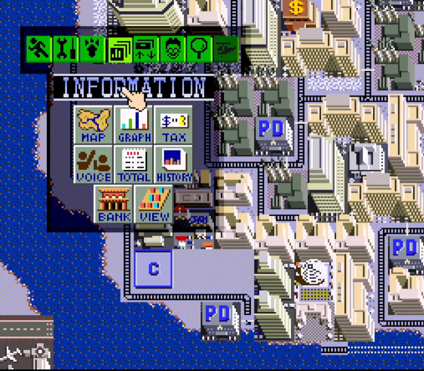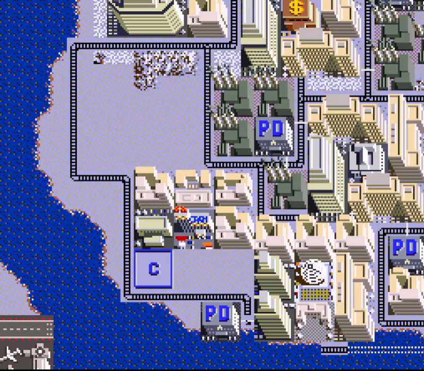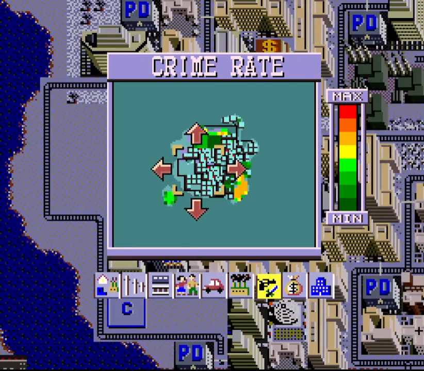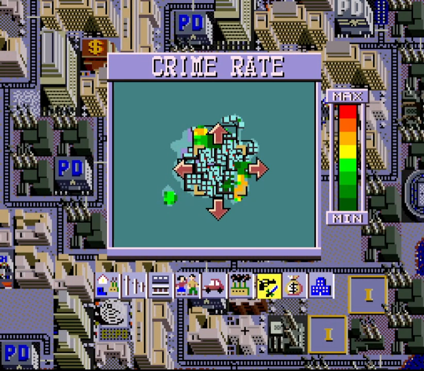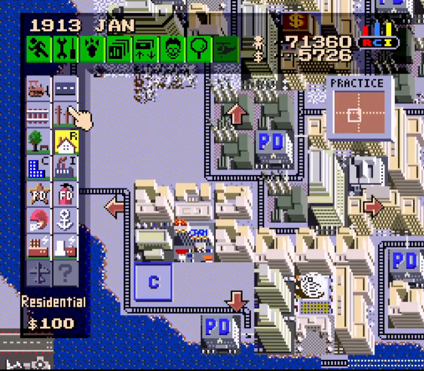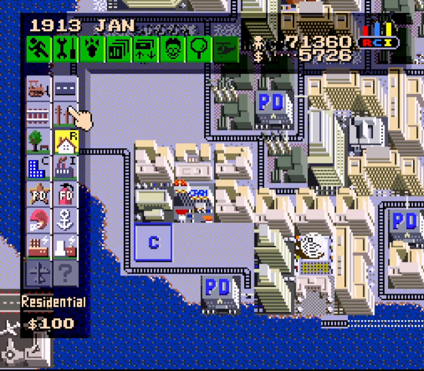Okay, so how are we doing with crime now that we've gotten all of these high zones? Wow, we've got like nothing going on down here. Well, that'll get the job done. But can we finally develop the city into a metropolis? Find out next time on Let's Play